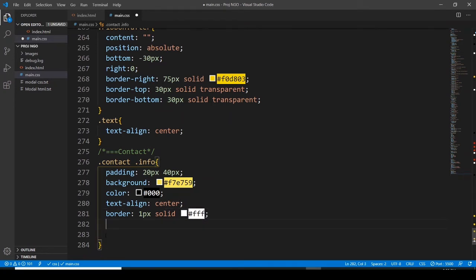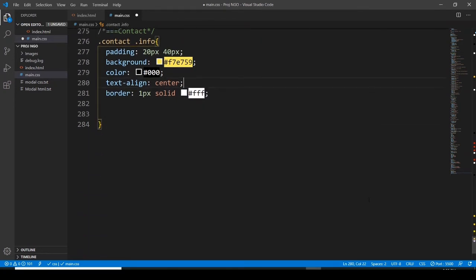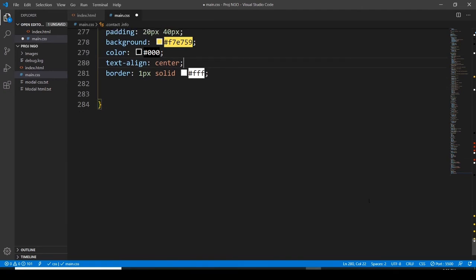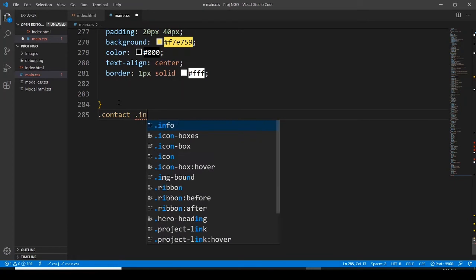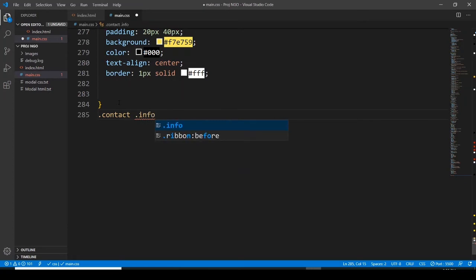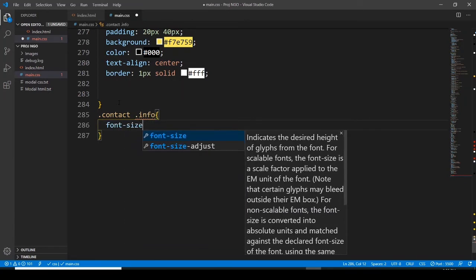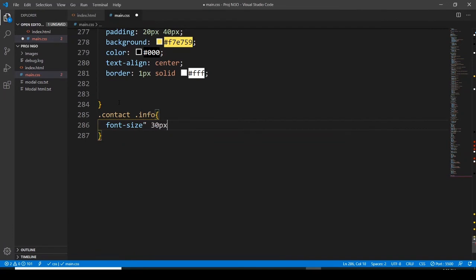Let's remove this space, bring it here, and then class contact, and then info class,